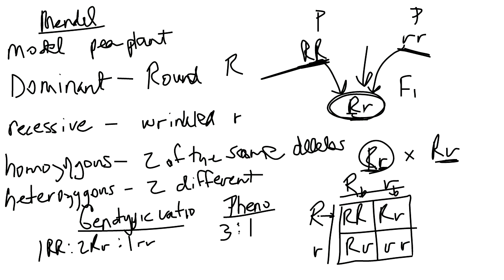So let's talk about another type. This would be what we call complete dominance, right? Where one trait completely masks another trait. Let's try one more example with complete dominance, and then we'll move on. Okay, so let's do a human trait.